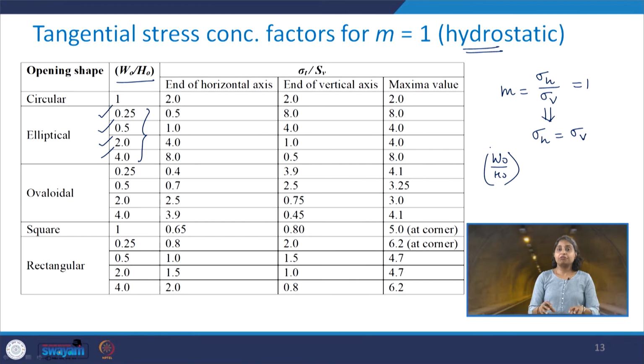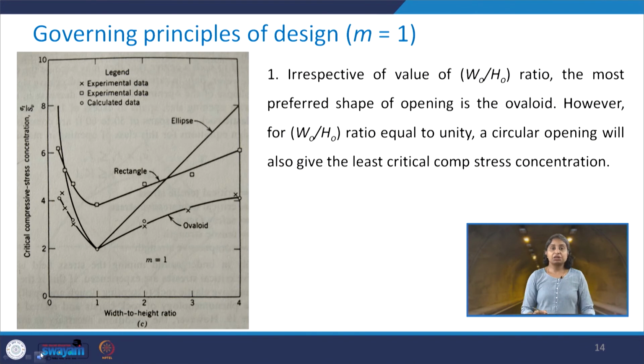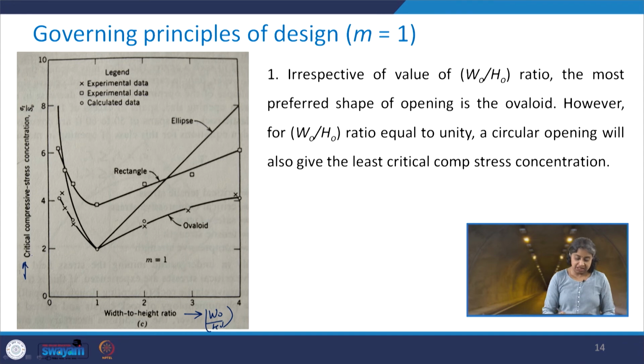Now, like we did in case of the uniaxial and biaxial state of stress, here also we are going to plot these values with reference to W naught by H naught, and let us try to obtain some of the design principles. So, here on the x axis you have width to height ratio, which is W naught by H naught, that theoretically we have varied from 0.25 to 4, and then on y axis we have the critical